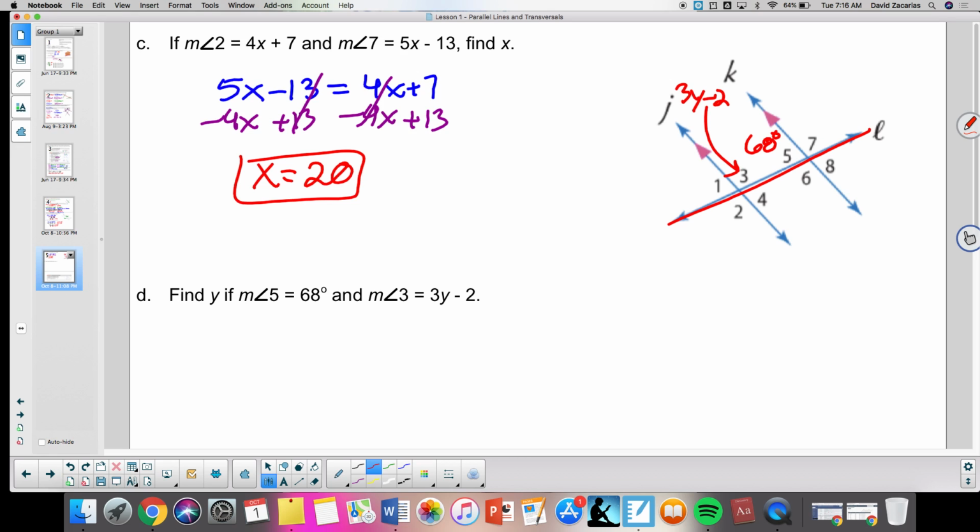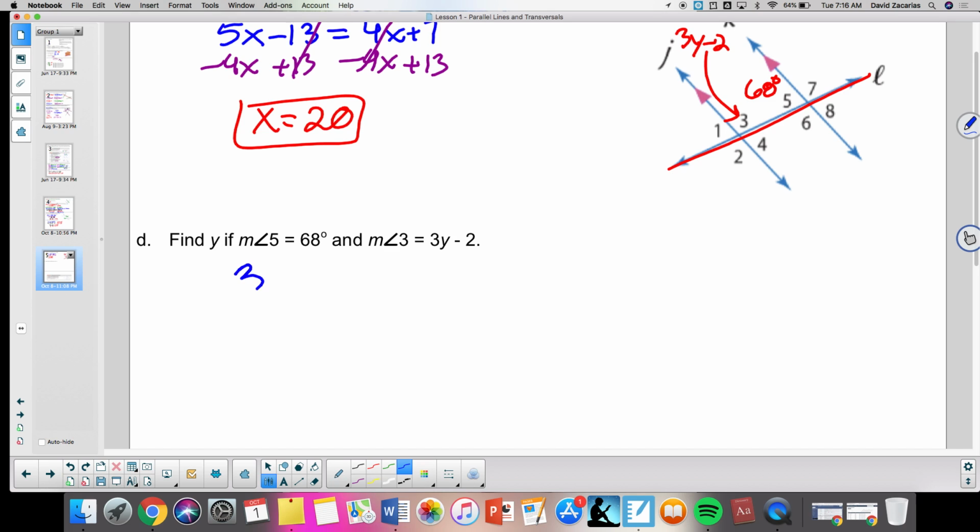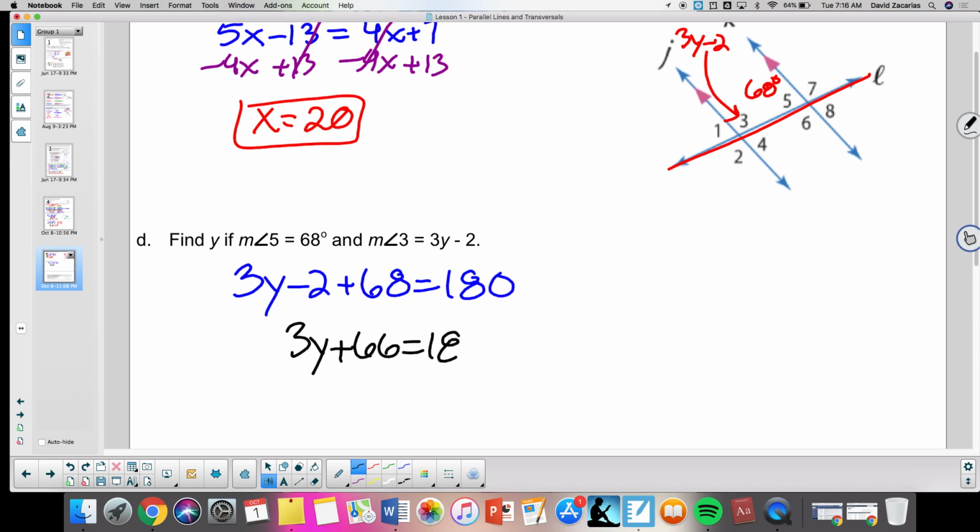They're inside or interior of those parallel lines, which means they are supplementary. And again, if you forget, 3 is obtuse, 5 is acute. So the fact that you said different words means they cannot be equal to each other. So our only other option when those lines are parallel is that they are supplementary, which means they add up to 180. Which gives us 3y plus 66 is equal to 180. We can go ahead and subtract the 66 over, which gives us 114,